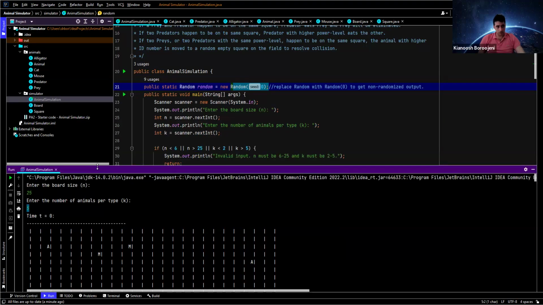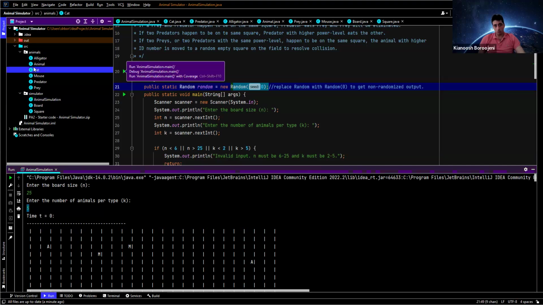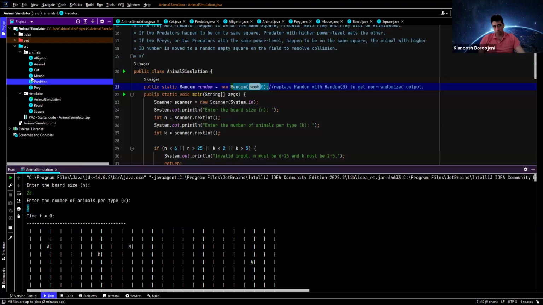Last thing I want to mention is what you need to do. What you need to do is pretty simple. You need to add more animals, prey and predators. I have explained all the details that you need to know, but basically you don't need to update most parts of this code. The only part that you need to update is you need to go to the package animals and add more animals. The details are on Canvas, and then you need to